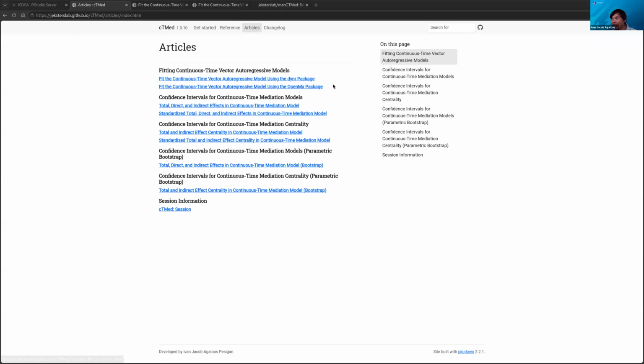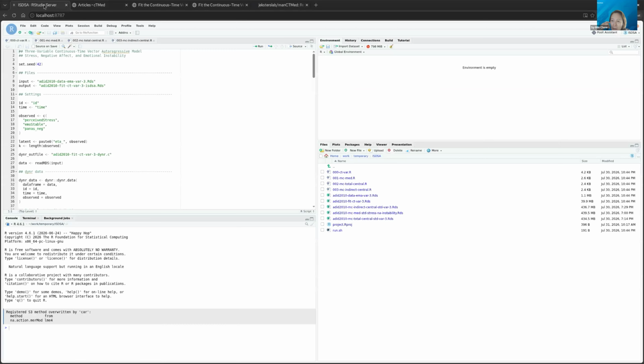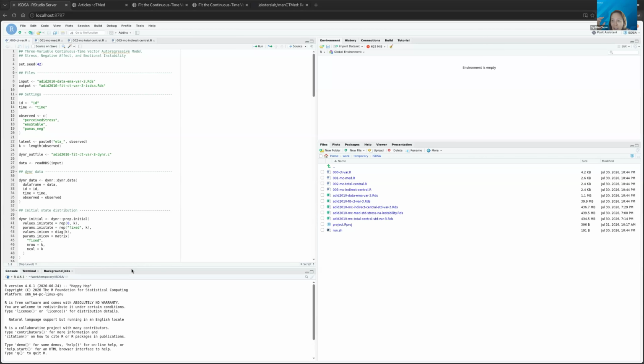Jack, I'm not sure how many participants are already familiar with dynr and OpenMX. They may not be, right? And I saw that the code example that you uploaded to the course website uses dynr. So maybe when you go over it, can you go over it with the assumption that if someone has no idea at all on how to use dynr, but they want to fit a VAR model with a minimum modification to your code, what are the key absolute minimum things that they have to change?